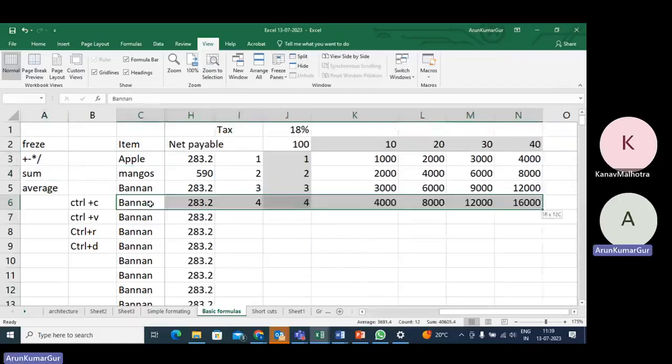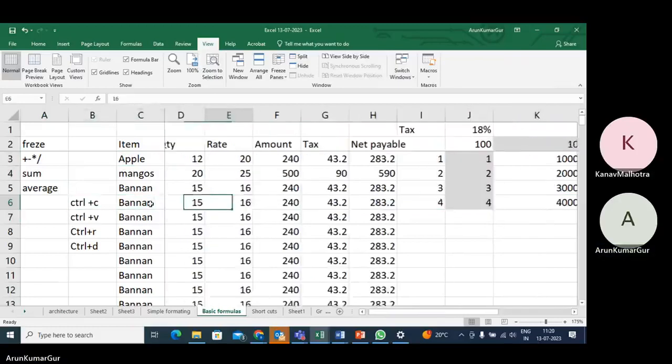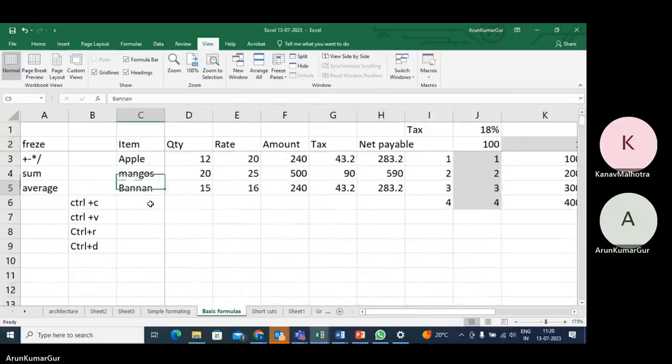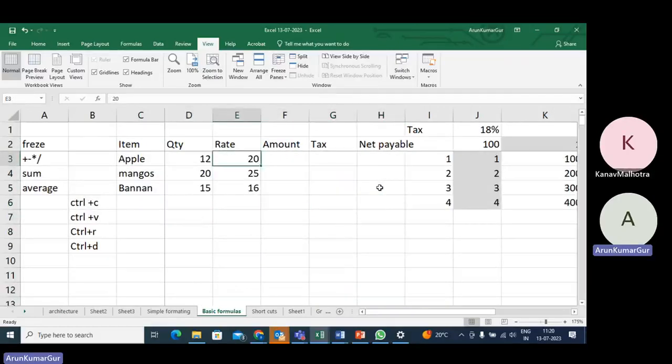Now let's come back to the formulas. First of all, let's know how to put the operators. Let me delete all these things. We'll get it from calculation. If you want to multiply the things or sum the things, it is done with very simple operators. If you want to multiply this thing, then we'll click over this cell, put the asterisk sign between, click the another cell, and then we'll press enter, and we'll get the